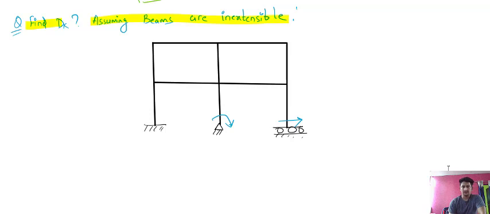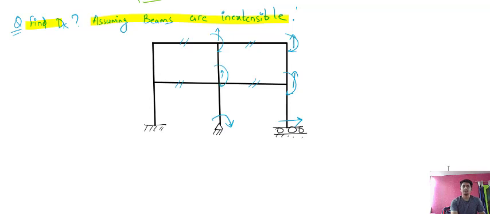At this joint, there will be one, as these beams are inextensible. It means that these are not the elastic displacement we are talking about. So here there will be a vertical and one moment. Do not consider the axial reactions here. Okay, now here also one vertical and one moment is there. Here also one vertical and one moment. One vertical and one moment.